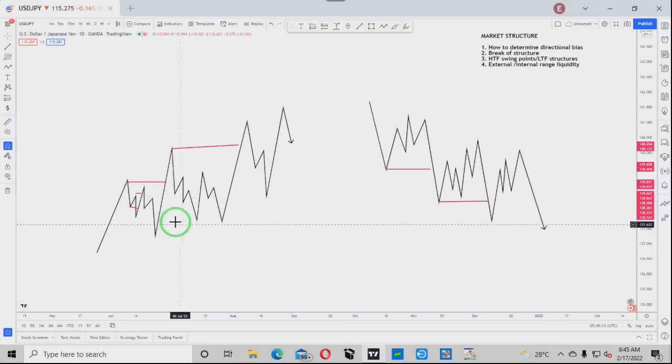That is, you need to wait for price to break a major swing high such as this and make an impulsive move up that creates a higher high. You need to wait for price to retrace and then make another impulsive move up to break the swing high of the first impulsive move.